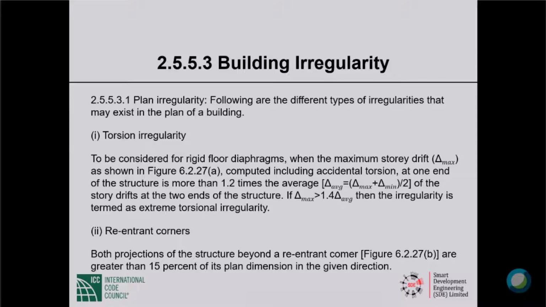Now, 2.5.5.3 is part of part 6, chapter 2 of BNBC. I found that in part 6, chapter 1, there are also tables of structural irregularities. And I do not understand it, first of all. Secondly, it's a very, very bad practice to have the same thing said twice in the same document, because